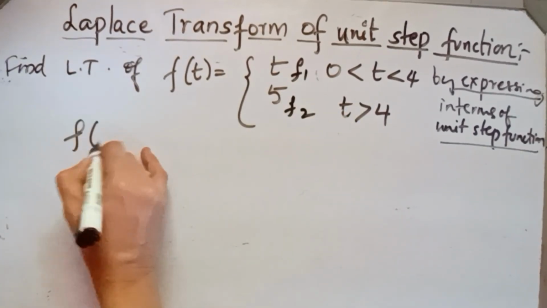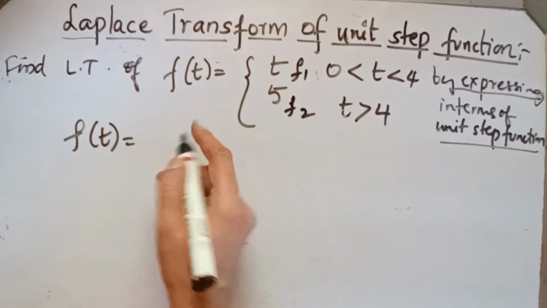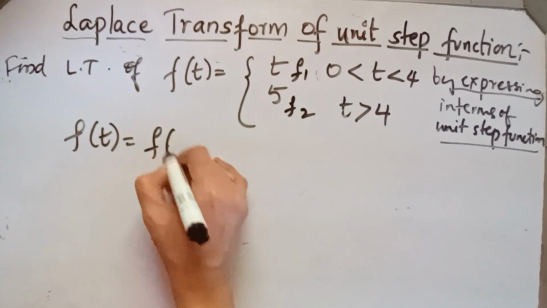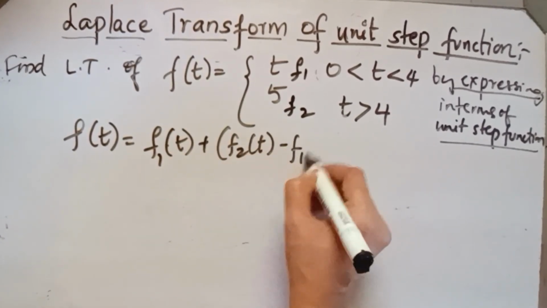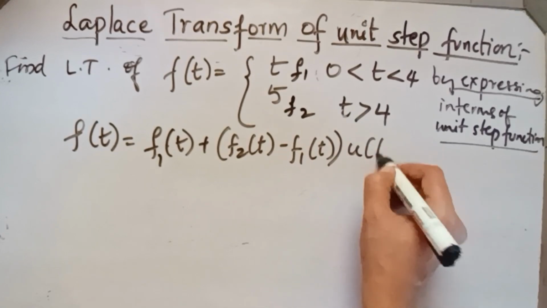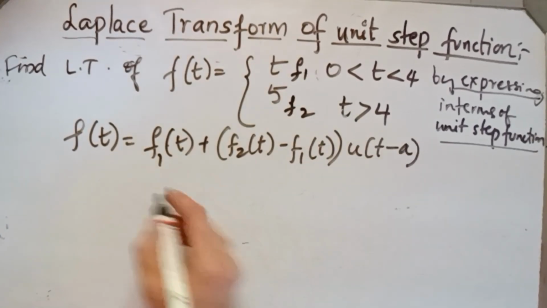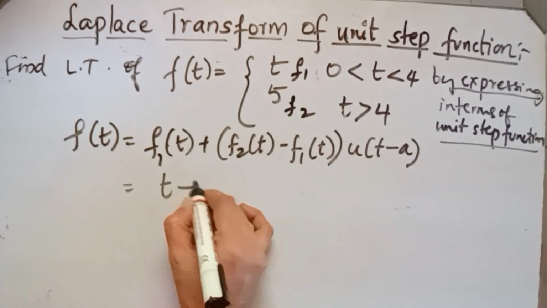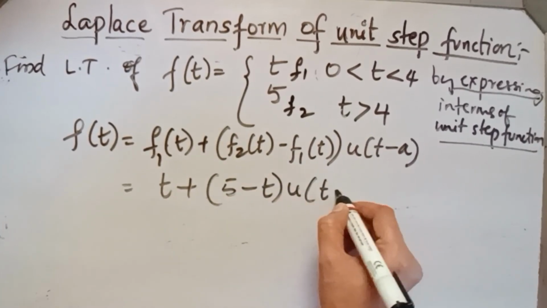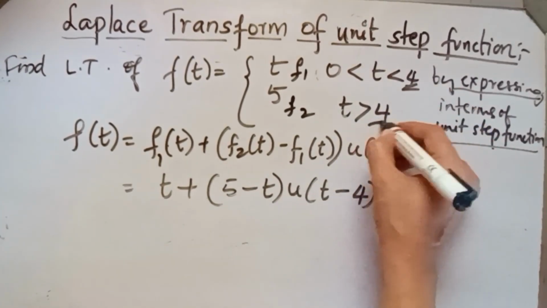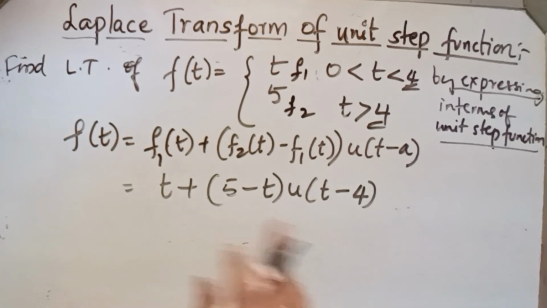You know how to write f in terms of the unit step function: f1 of t plus f2 of t minus f1 of t into u of t minus a. Correct? So here f1 is t, f2 is 5 minus t, and a is 4, because the common point here is 4. Now you have to